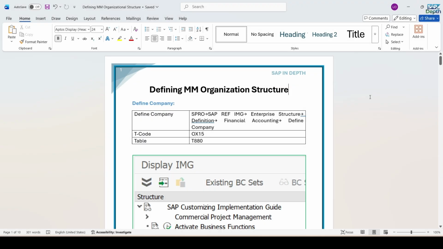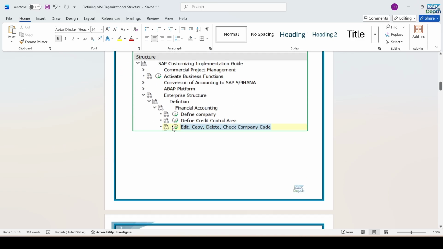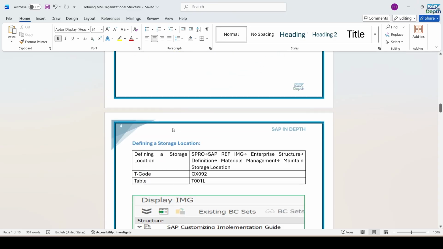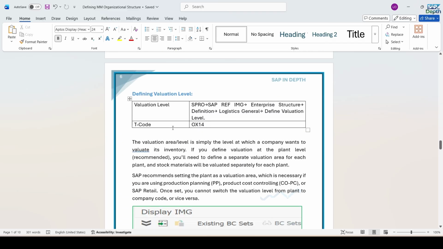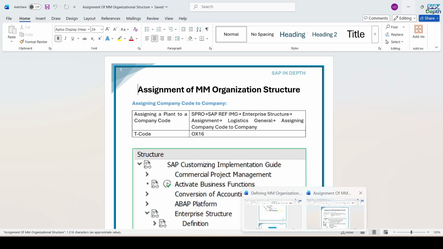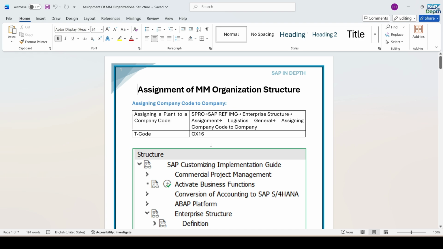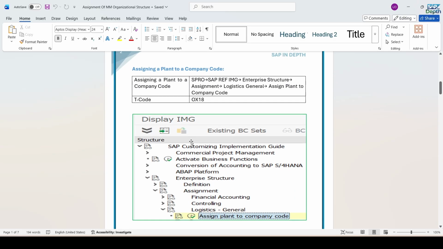Well, hello everyone. In the previous videos, we have seen how we can define the enterprise structure or organization structure. In that, we have seen how we can define company, company code, plant, storage location, and the valuation level. And we have also seen the assignments. What assignments have we seen? We have seen assigning company code to company,